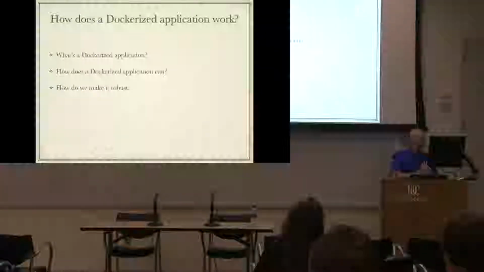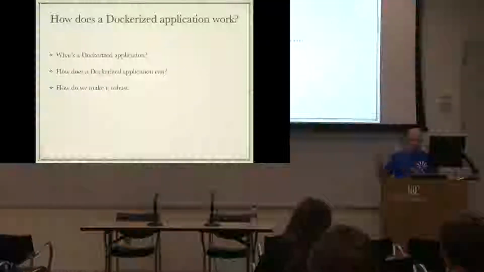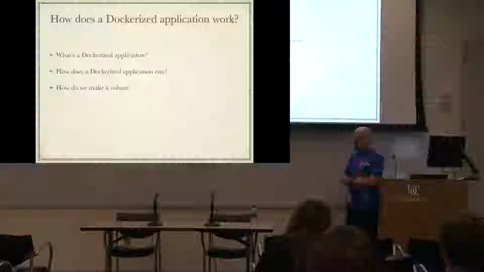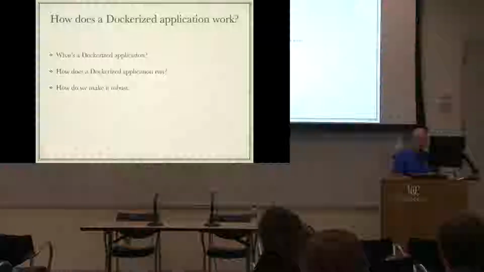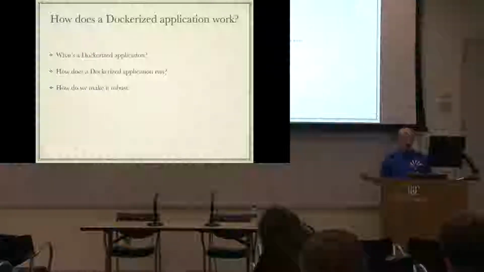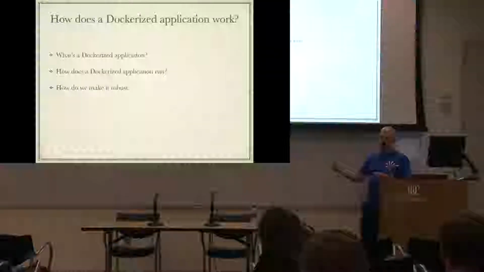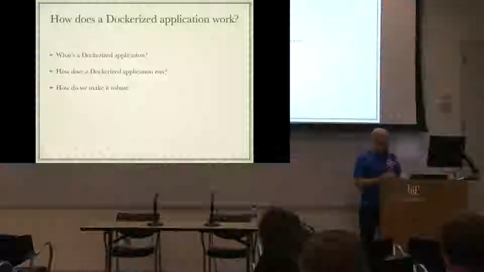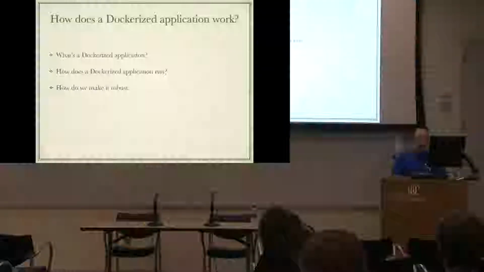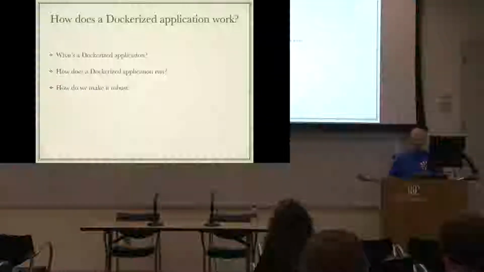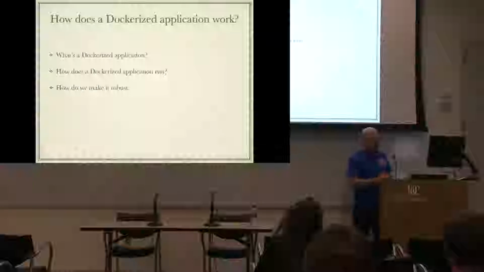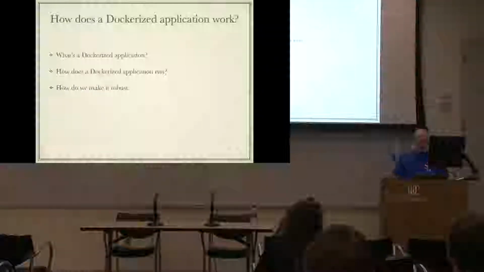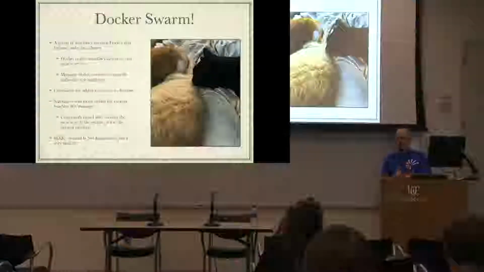The individual application components are core units of functionality. They do things like managing access to a database, exposing an API, and other things. Docker Engine can run a Dockerized application on a single host by instantiating each container on that host. That's great, but what happens if you want to make it robust, span the system across several hosts? What if you want redundancy, load balancing? How do you operate more than one copy of a container running at the same time on more than one host? That's why Docker Swarm was invented.